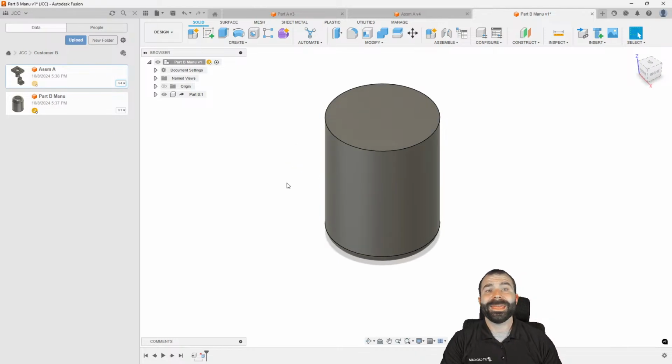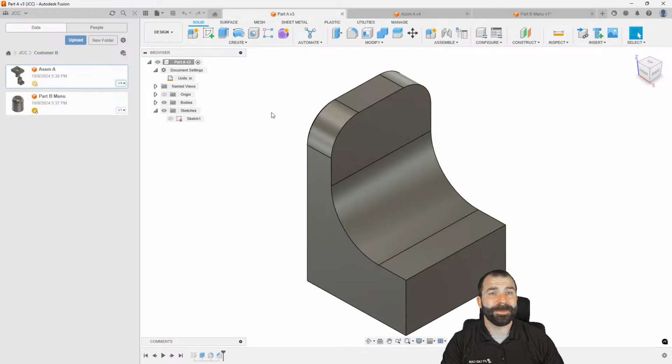of Fusion. Again, I like to tell people, treat it very simple, create simple sketches to get simple part profiles, and then do things such as modifying them to add your fillets and chamfers or additional features as you're working with it. But before I let you go,